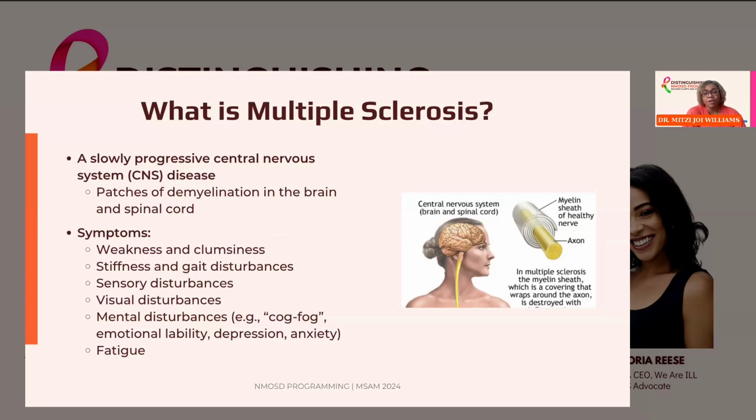So, the main hallmarks of multiple sclerosis are that it is a central nervous system disease, it is progressive, it's also an autoimmune disease, but it primarily affects the brain and the spinal cord. Some of the symptoms are very similar and overlap with those of NMOSD, including weakness, numbness, and tingling. Some people may have vision changes, optic neuritis, which we'll talk about in a little more detail later, and then other issues like cognitive problems or even fatigue.